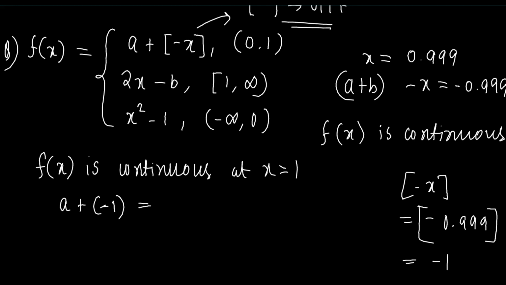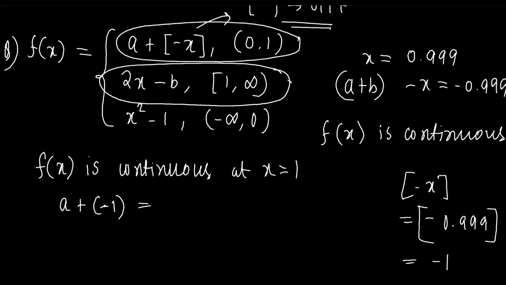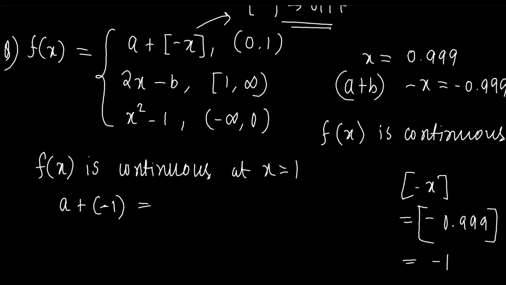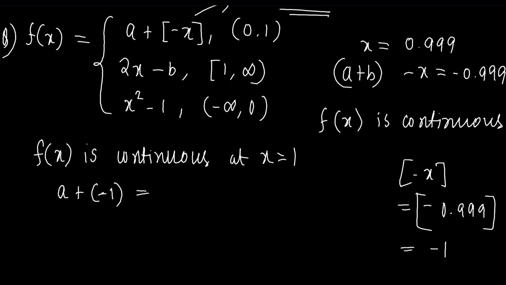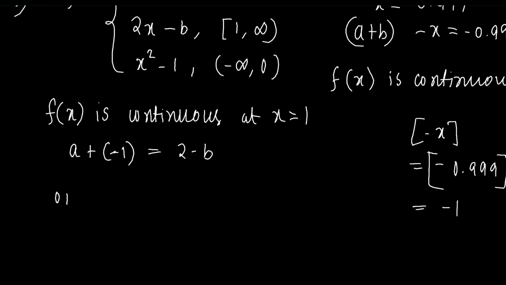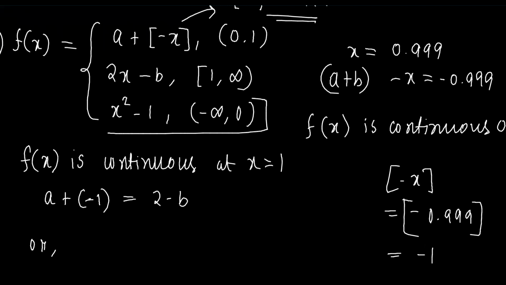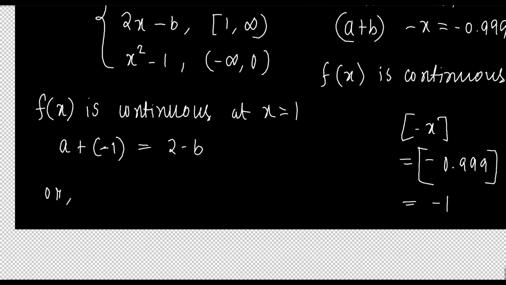RHL means greater than 1. That means in LHL we have considered this function, and in RHL we will consider this function. So in RHL we will get just 2 minus b, since it is greater than 1. If we take the limit as x tends to 1 plus of 2x minus b, it will give me 2 minus b. Nothing to do anymore. This function is given without any cause, so here we don't have to apply anything. Okay, so from this we will get the value.